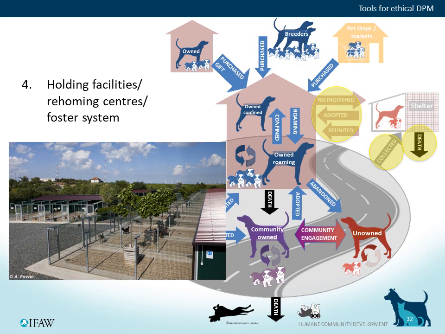But they are expensive to run well, and if run poorly, can just cause as many problems as leaving the dogs on the streets. Again, they must be considered as just an optional tool for DPM and not as a complete solution. As is clear from this model, they do not address many of the processes which act as sources of roaming dogs, and so will be ineffective if used in isolation.